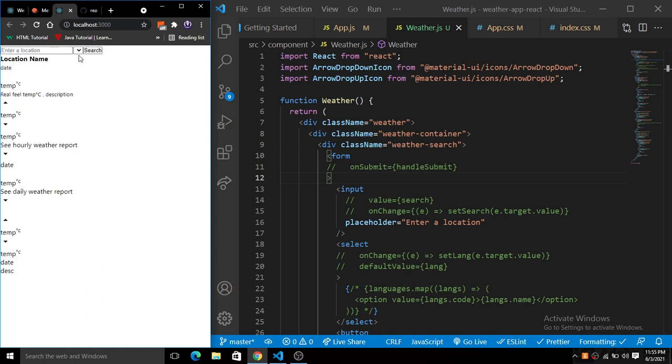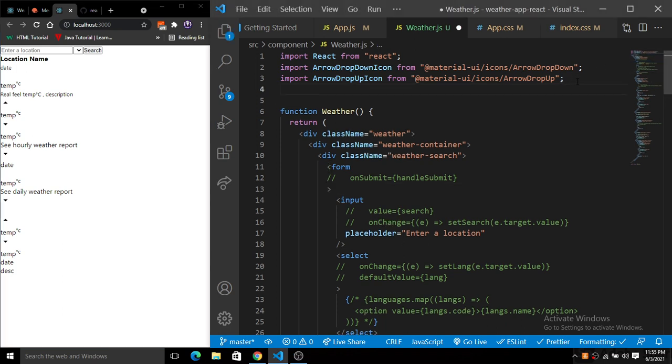But one thing we are not seeing here is that it is not styled, right? We have not added the styling, that is the CSS file here. So I will add the CSS file also here. I will import it from weather.css, and we'll create a weather.css file here.